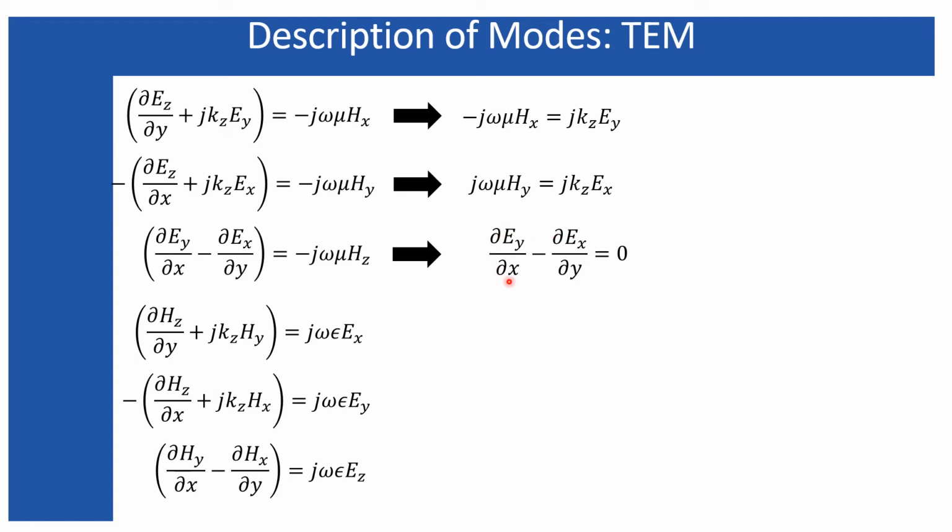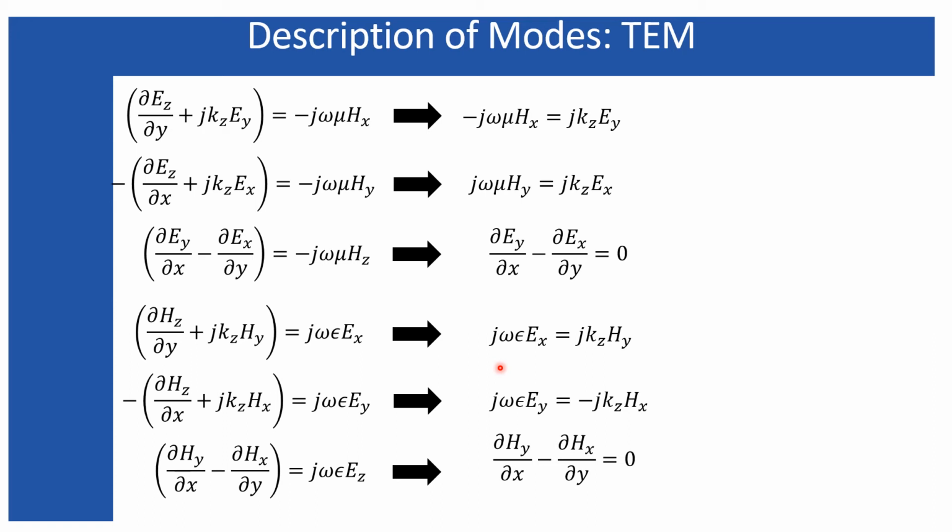So these equations you can assume as the curl operation for a two-dimensional electric field, which is directed along x and along y, and that curl is 0. So the curl of the transverse electric field is 0 for the TEM mode. Similarly, for the magnetic field it is like this and like this. So the curl of the transverse component of the magnetic field is also 0 for the TEM mode.